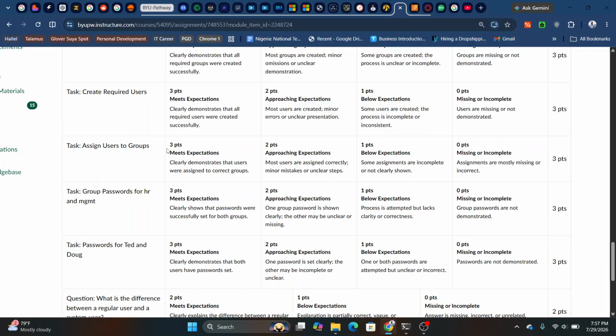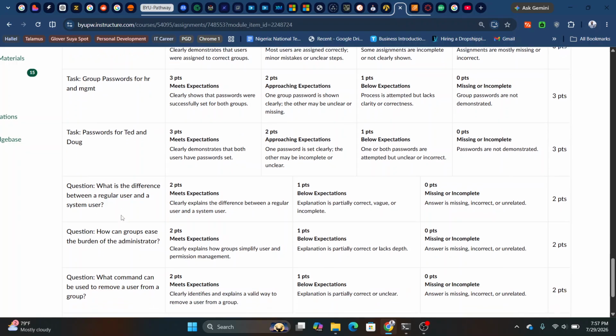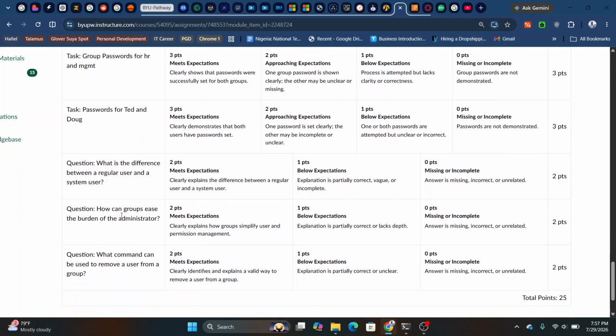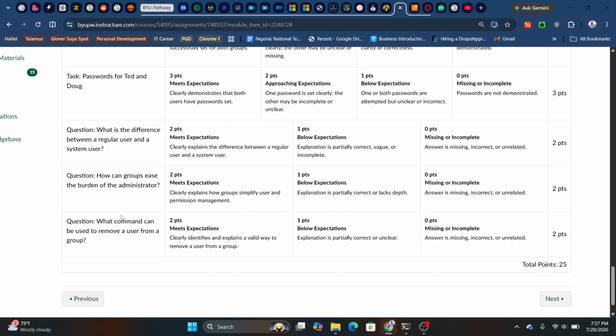And then the answers to the three questions I have here. The first question: is there a difference between a regular user and a system user? There's actually a difference, and the difference is that